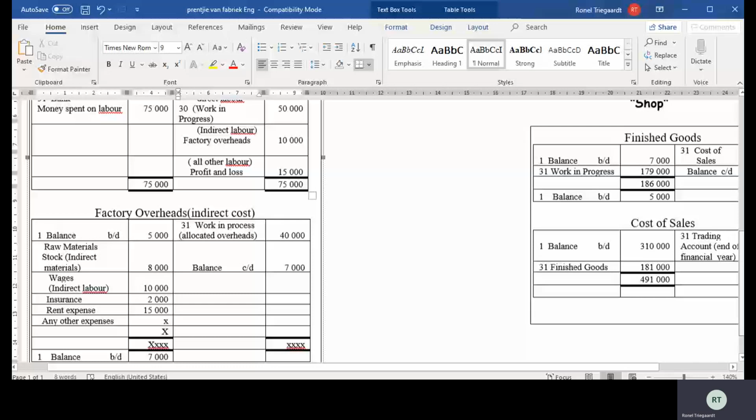I want you to start with a balance. So you must do a raw material or direct material account. Raw material and direct material is the same thing. So I want you to open a raw material stock account, please. It has a balance of 5,000 rand on the 1st of July. There was no balance in labor, in wages. There was no balance in factory overheads. There is